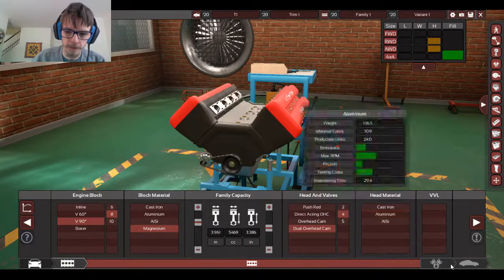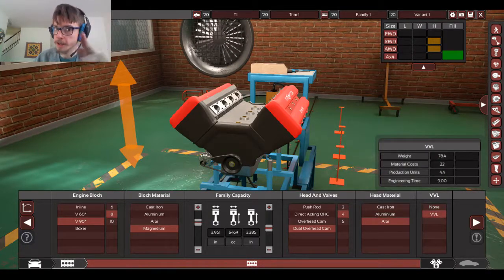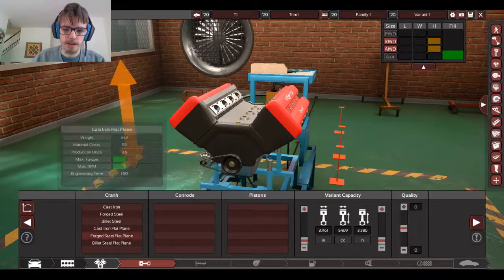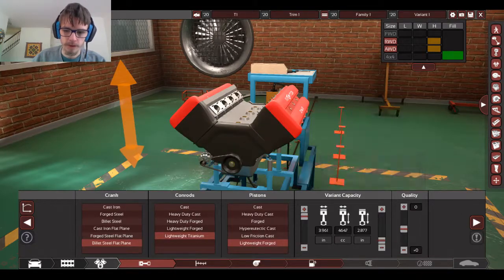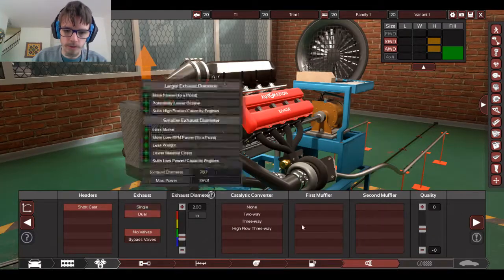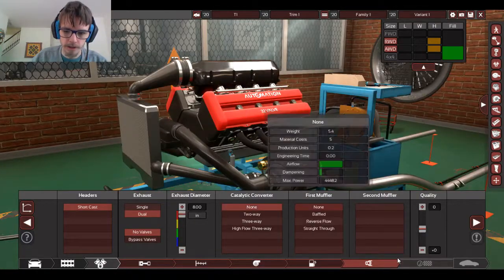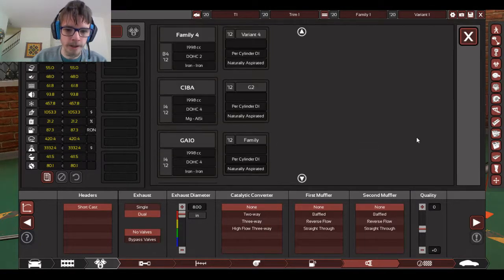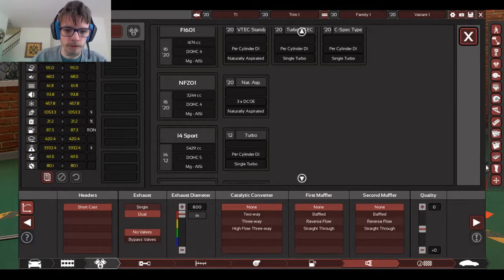Dual overhead, 4 valves, aluminum silicon, VVL because we need that sweet Honda VTEC. Do you have VTEC? Make that all the way down. Dual exhaust because we're cool. No bypass valves. No Cadillac number. No muffler. 652 horsepower. So if we go to compare the engine that the Velocity has, which I believe was the